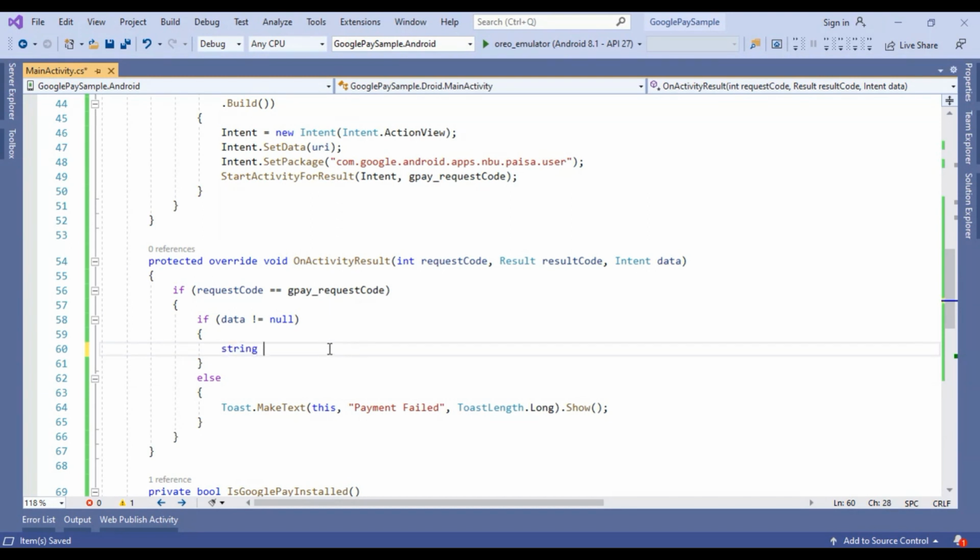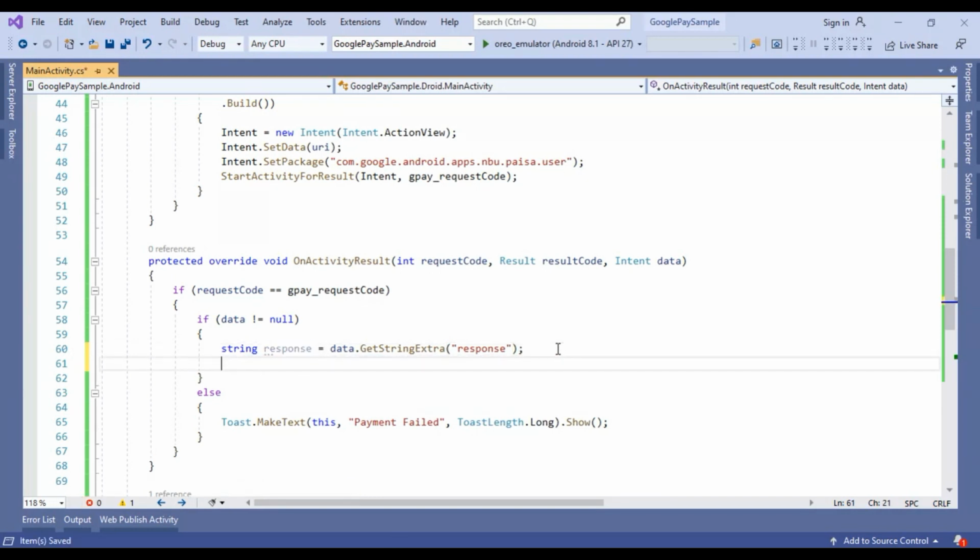So first of all we need to get the response. For that, response equals data dot getStringExtra, and we have to pass the string name as response, and here we are getting the response parameters.